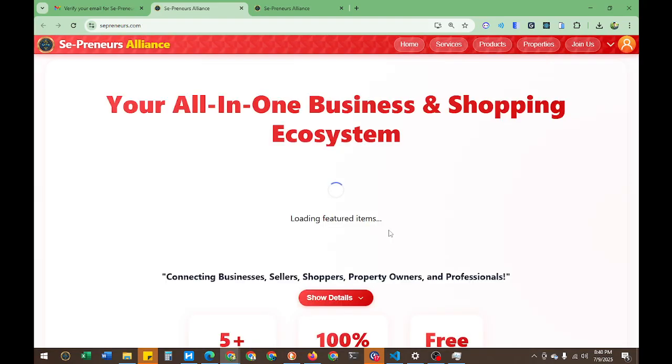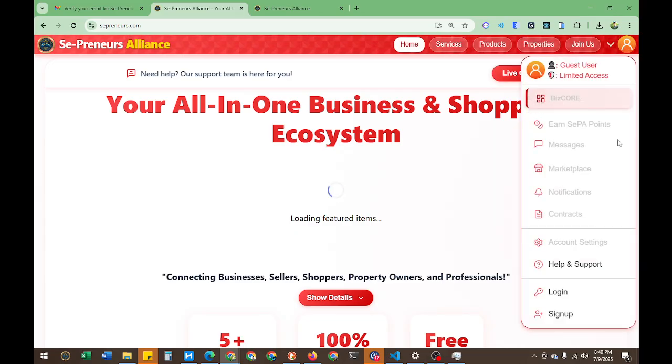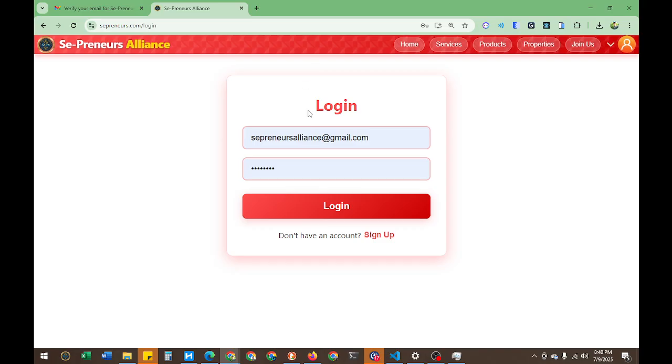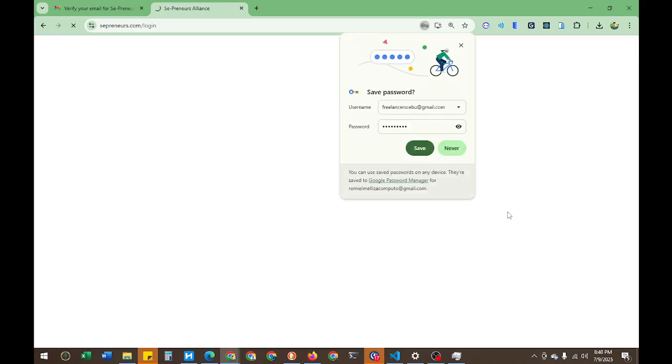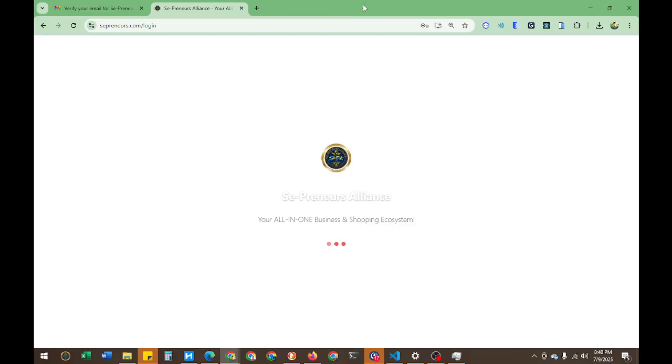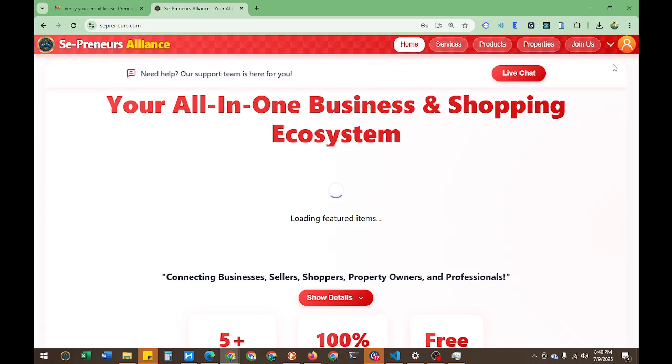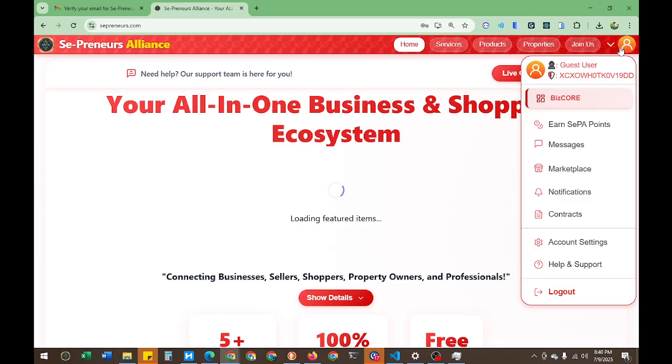Your email has been successfully verified and we are redirected in here. With that, we can now log in using our account. So type here 1 2 3 4 5 6 7 8 9 and then click the login button, and we are now redirecting to the home page. It's currently validating, and that was successful, and we are now able to log in.